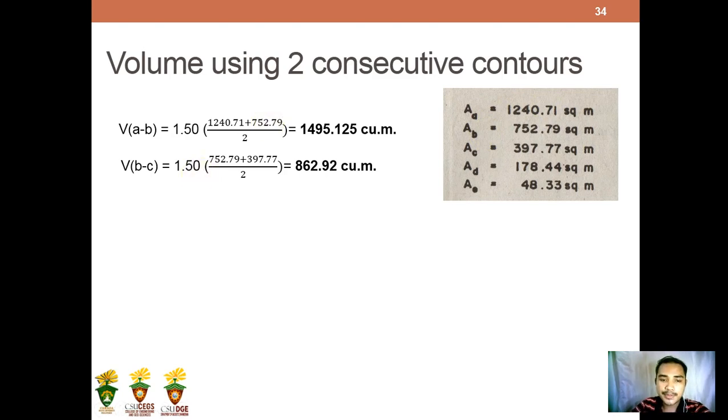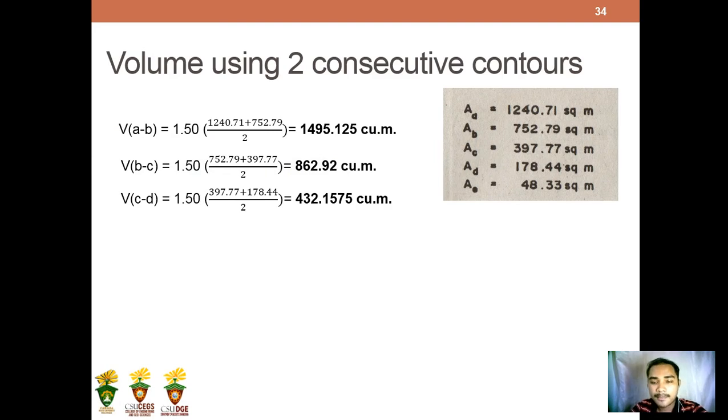For the volume between the contours B and C, same formula that we are going to use. We have 1.5 as H, or contour interval, times the quantity of area of contour B, which is 752.79, plus 397.77, divided by 2. That leads to be 862.92 cubic meters. Next is for the volume between the contours C and D. Now, we have H to be 1.5 times the quantity of the area of the contour C, 397.77, plus area of the contour D, 178.44, divided by 2. That is equal to